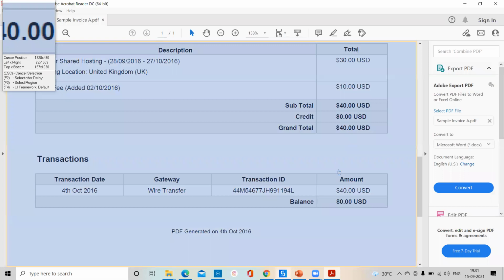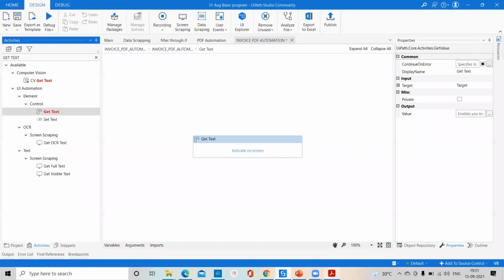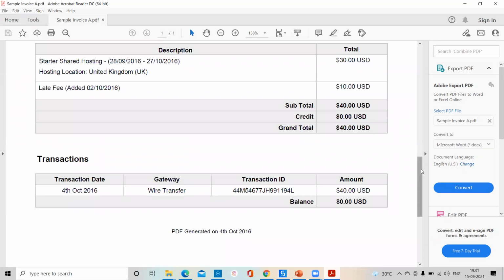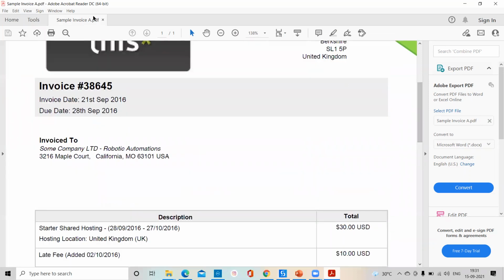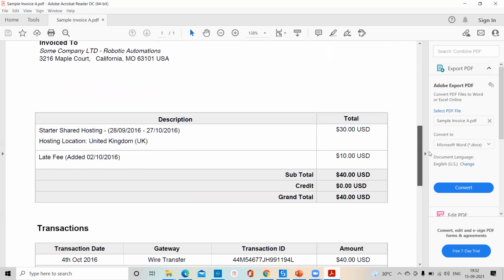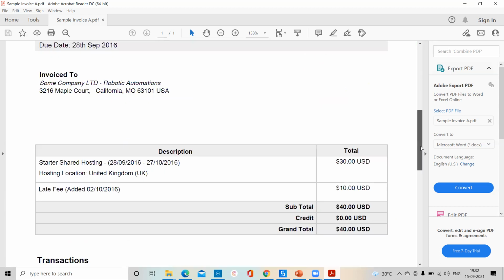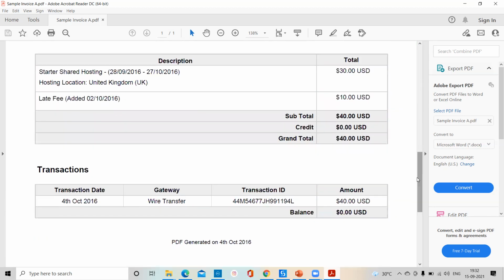Here I'm using this old PDF. You have to install the new PDF version like 11.0, the Adobe DC. On the top you can see here Adobe Acrobat Reader DC 64-bit. This is the old version. If you want to install the PDF, always try to install the new version, that is Adobe Reader 11.0. You can install from there. If you install the latest PDF, that is perfect for you. You are able to extract the data from there, but I will show you some parts in UiPath.